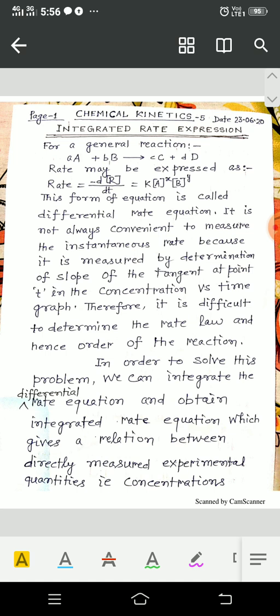So, you will learn here today integrated rate expression, and this expression solves the problem to find the order of the reaction and also the rate law or the rate constant. So, see here,